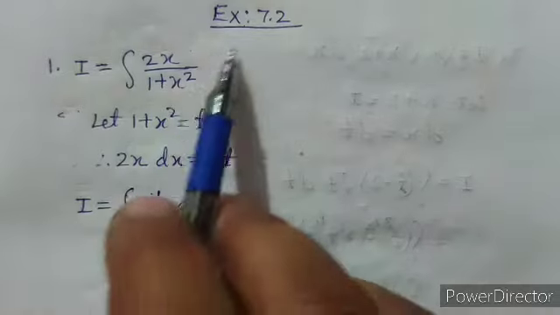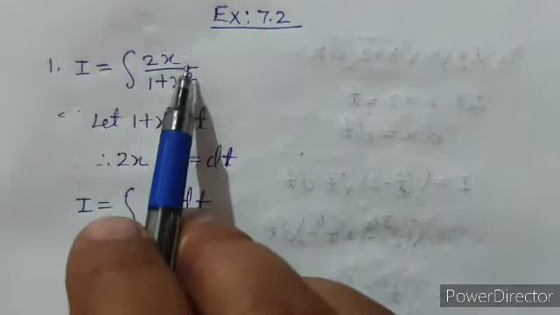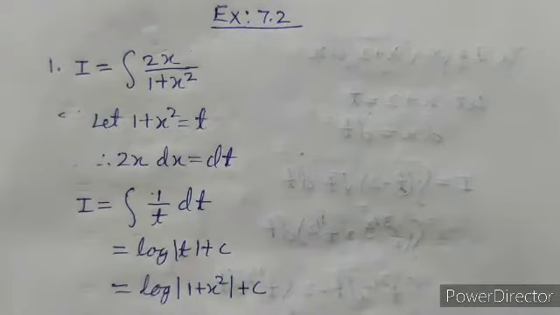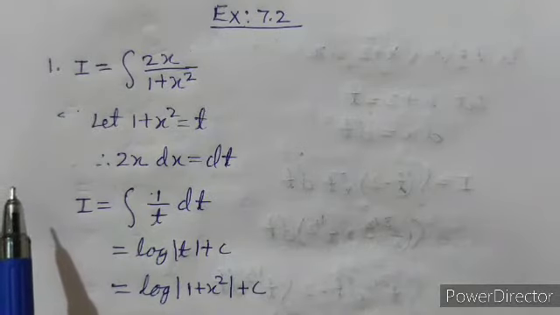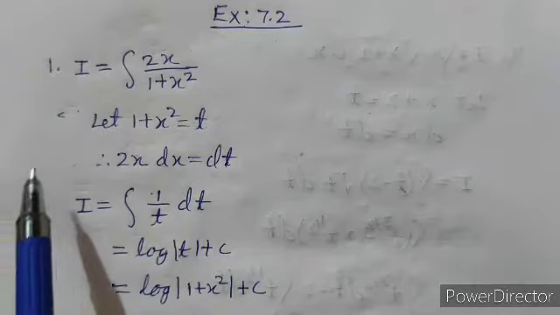Now come to exercise 7.2. In exercise 7.2 we will check whether the derivative of a part of the function is present in the question or not. If the derivative of a part of the function is present in the question, then we will take it as another variable to solve it. Now here